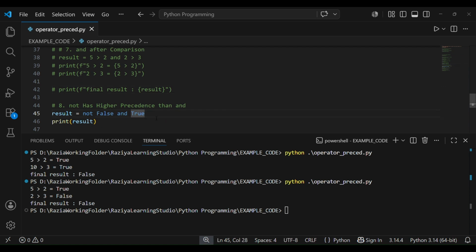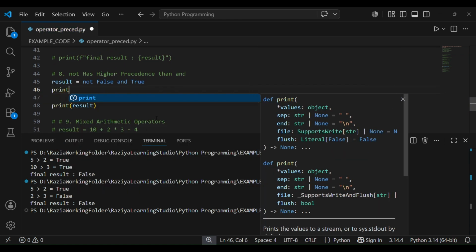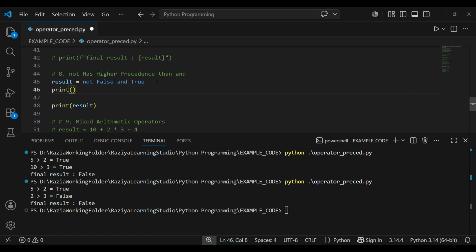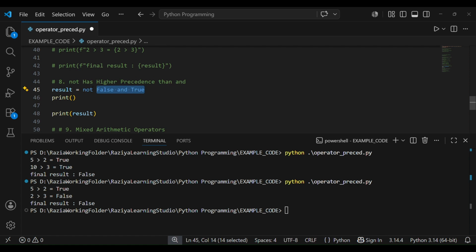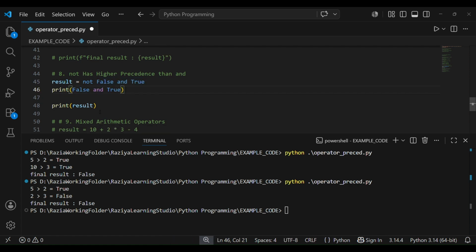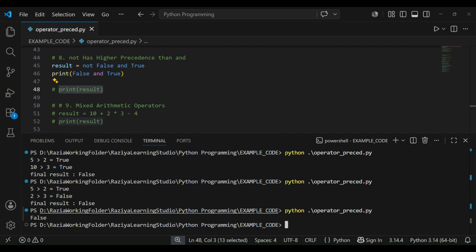Now first what I'll do is I will write print only. I'll do false and true, what this gives, I will show you. Okay, first control C, print false and true. And this I will comment. So we know that whatever is commented Python does not run, right? So here see, false. Whenever it is false and true, if either one of them is false, then it will be false. We just saw. Now our answer is false, right?